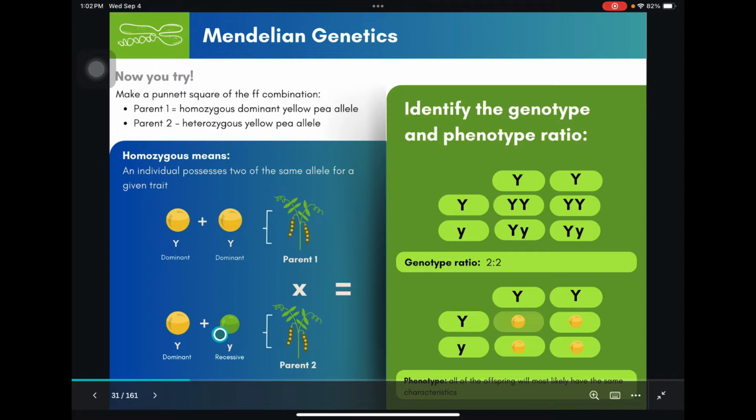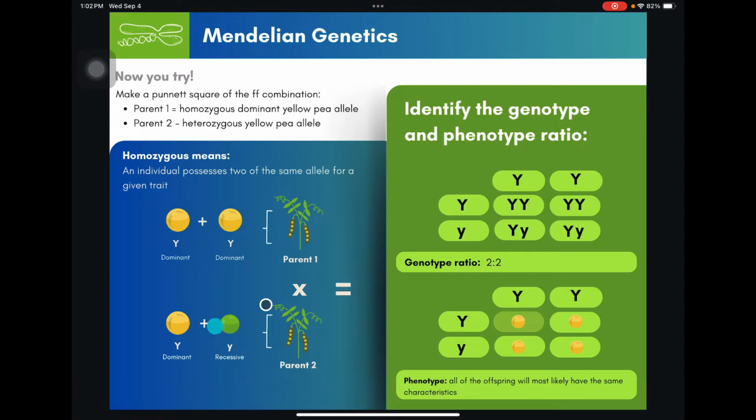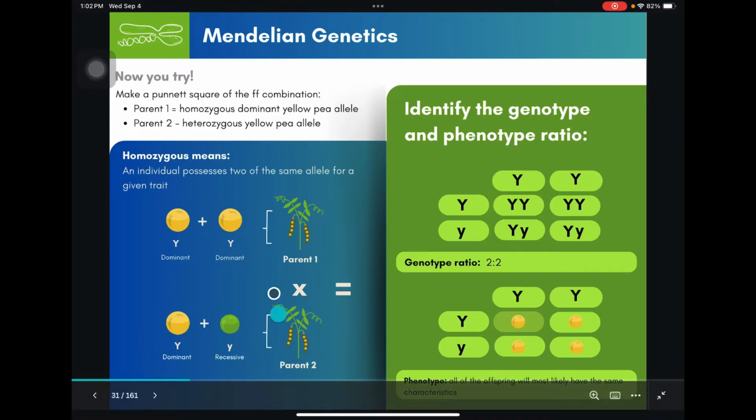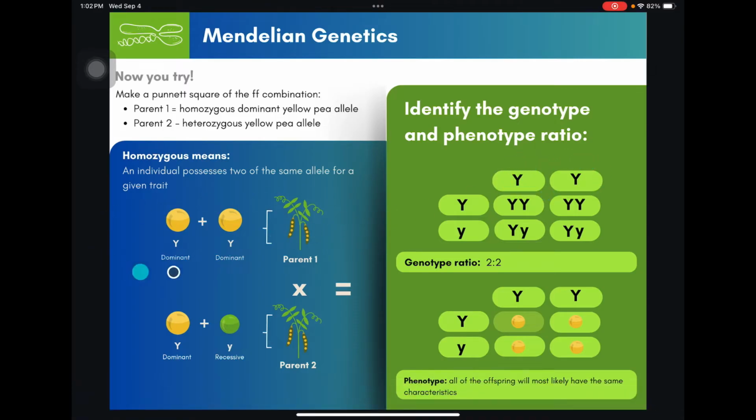So we just have to put that in our Punnett square. This one technically represents parent 2. As we can see, 1 dominant and 1 recessive. This one technically represents our parent 1, which contains both dominant alleles. So conducting genetic crosses between our traits, we arrive at a genotype ratio of 2:2. So 2 here represents that there will be 2 homozygous dominant, and 2 here represents that there will be 2 heterozygous alleles in our offspring.